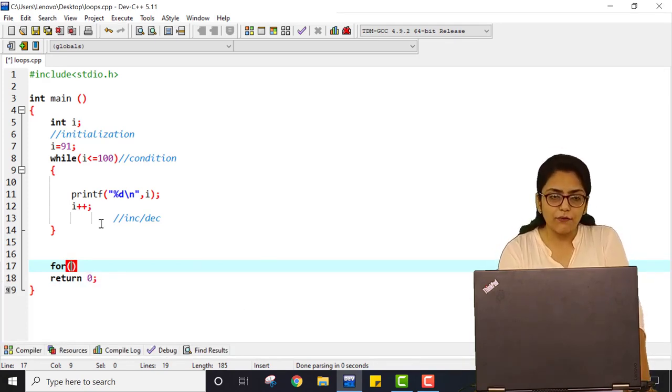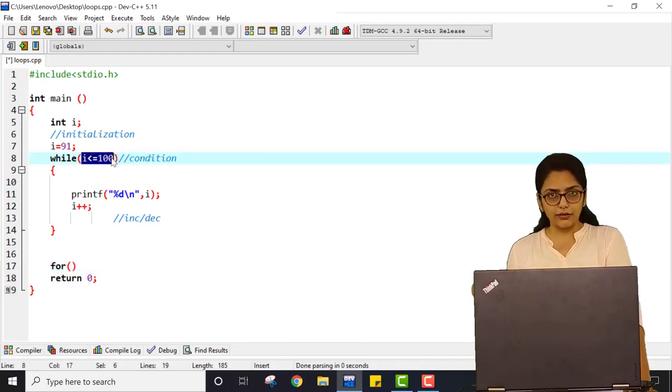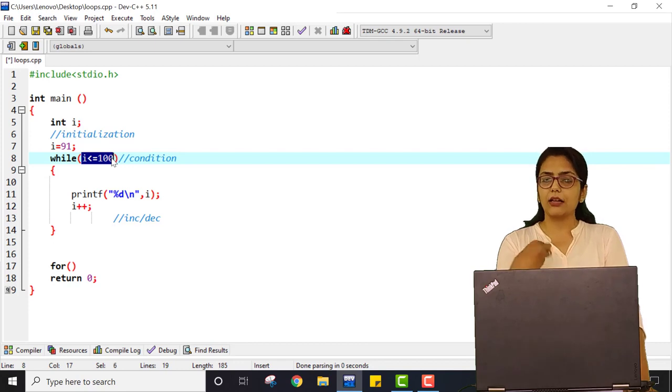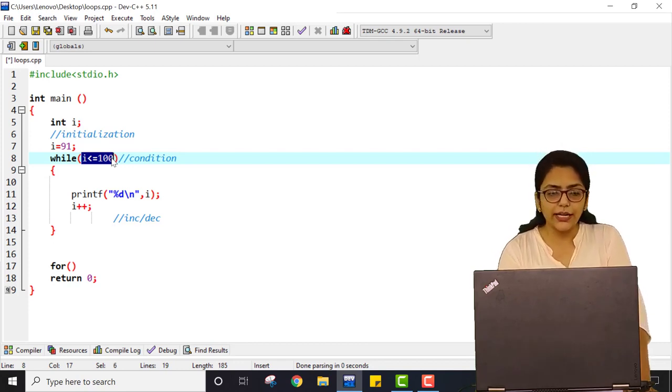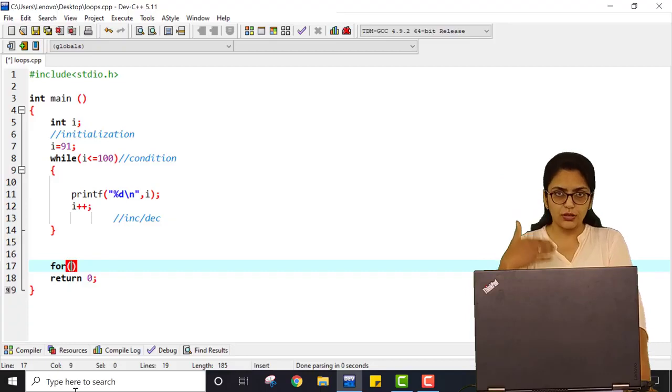See, here if I want whatever is left over in I, I want that value later, then I should not use I as another loop variable. But if I am not using this I again, then I can use I over here. So you can use I, J, K, anything inside this for loop if I am using two loops in one program.